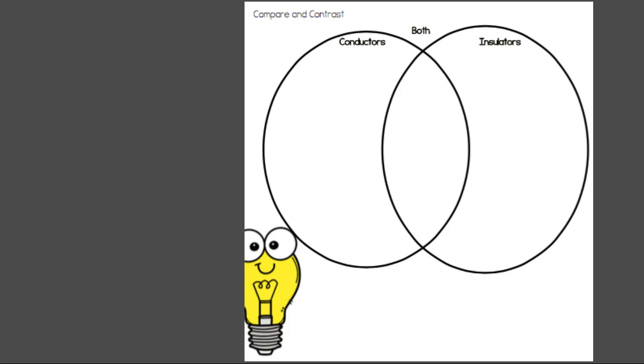Some characteristics of conductors, they're usually metal. Conductors allow electricity. They're mostly metal. Wire is an example. Bananas are an example. Water is an example. Insulators are things like coffee cups, air, anything like styrofoam, ceramic. These things don't allow heat or electricity to pass through. So that is why they are insulators.